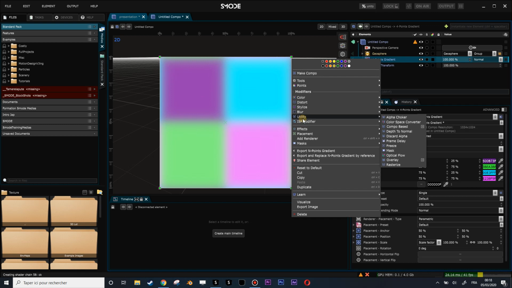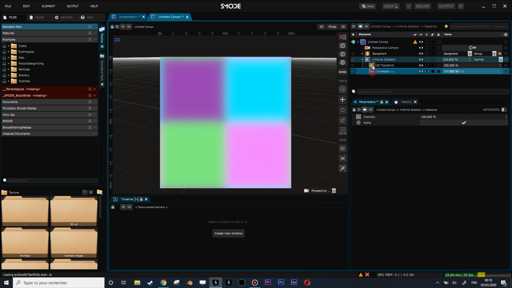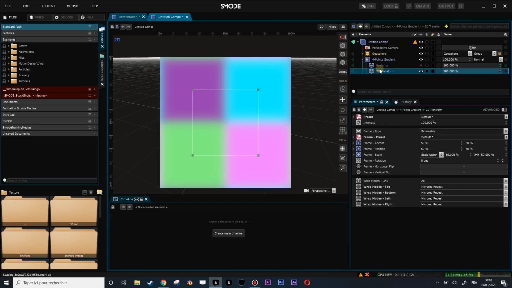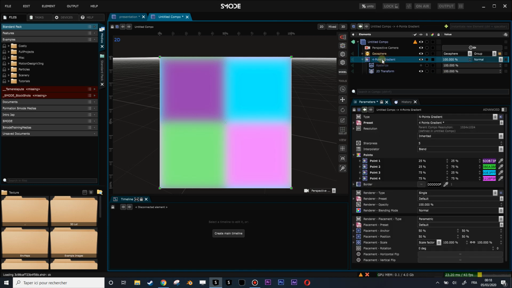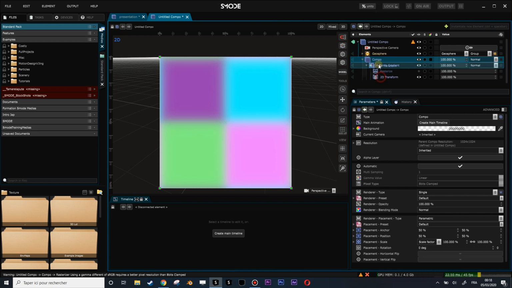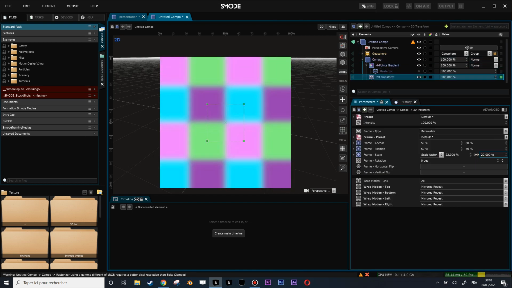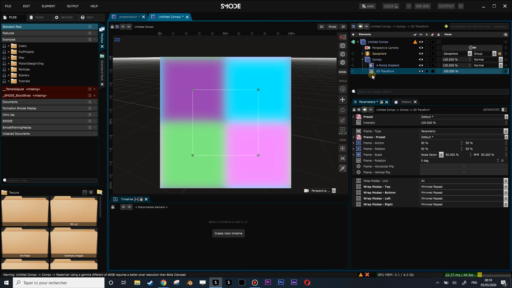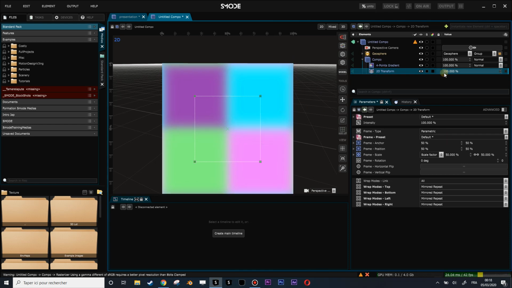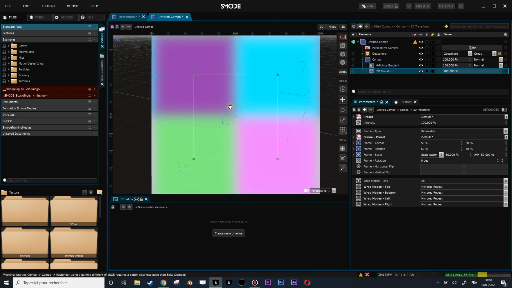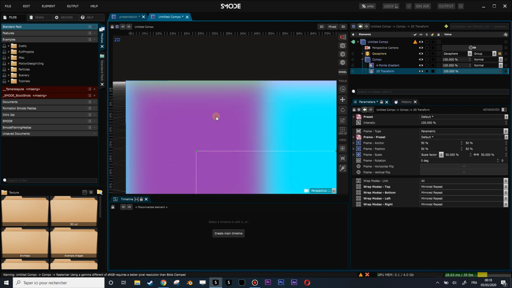Let's try to use the Deus Ex Machina, which is a rasterize, and put that before my 2D transform. Okay, that's quite strange, what is happening here. Let's put that into a composition and put my 2D transform over my composition. Nope. Well, there's something I do not quite understand here, but the principle is that here I have